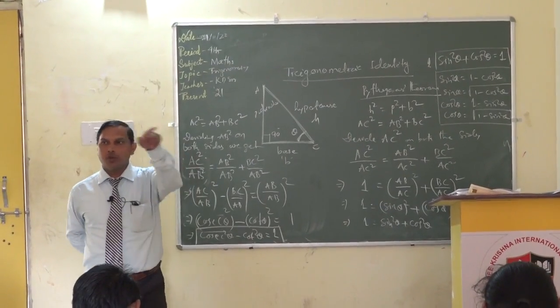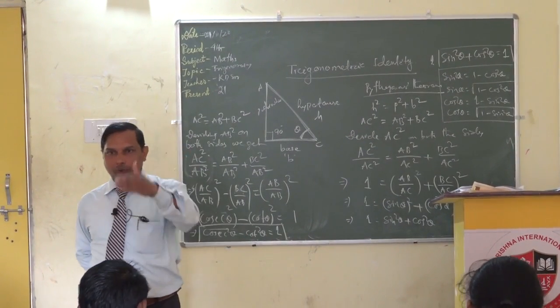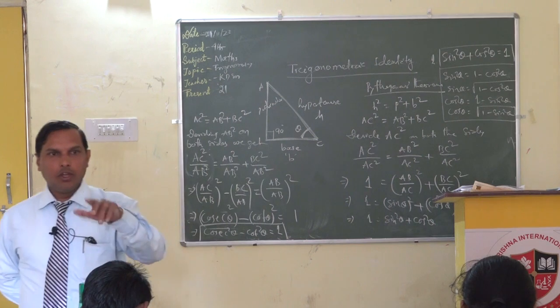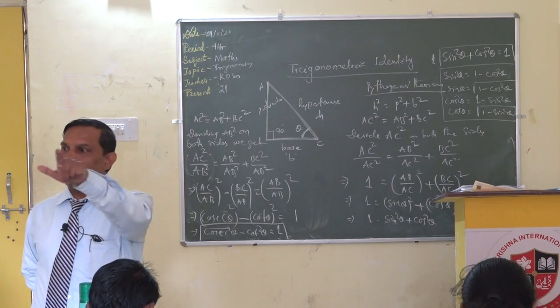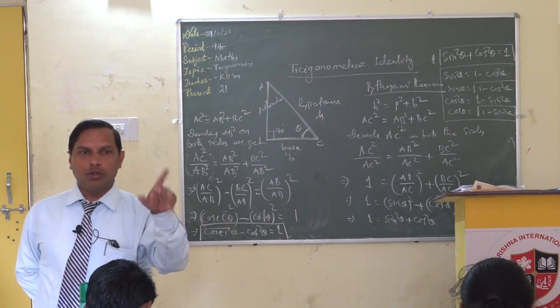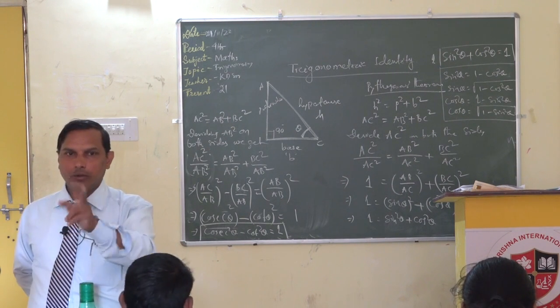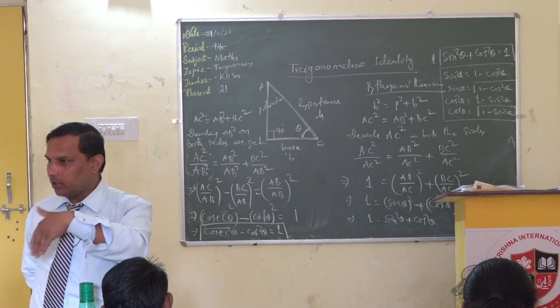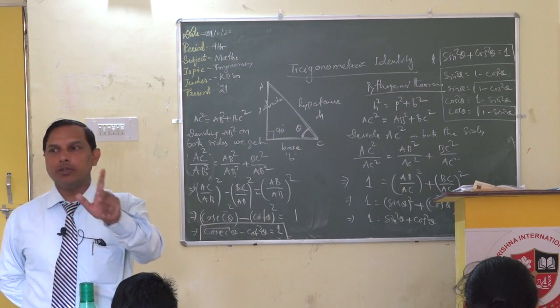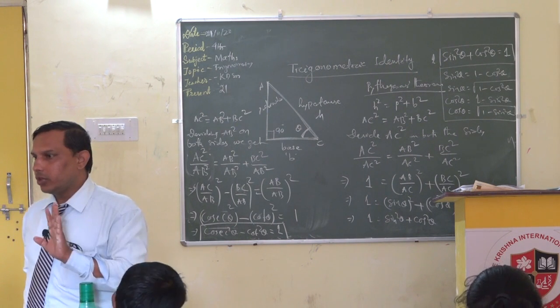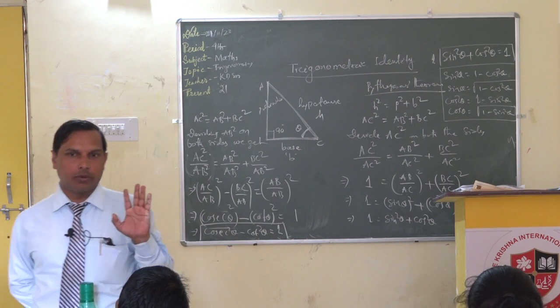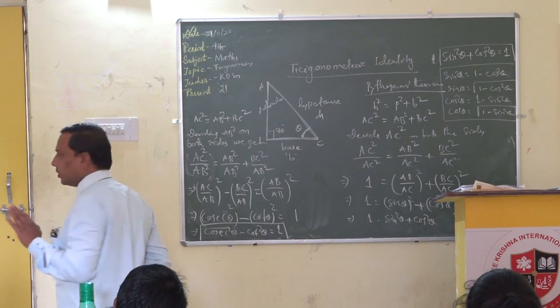Cosec theta is equal to square root of 1 plus cot square theta. You find out the sub formulas. Cot square theta is equal to cosec square theta minus 1. Cot theta is equal to square root of cosec square theta minus 1. By doing it on the left and right sides, you can find out the sub formulas. All these formulas will apply in solving problems. We have to solve the problems whatever they are.